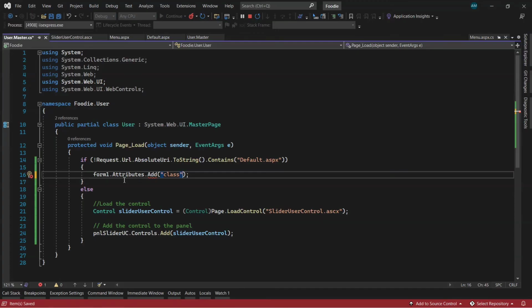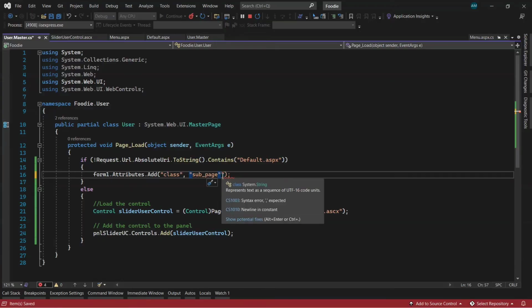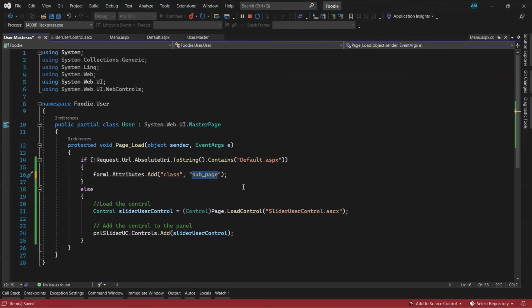Class, comma, then the class name, that is subpage. So we need to remove this part. Okay, this is the class name subpage. So let's save it